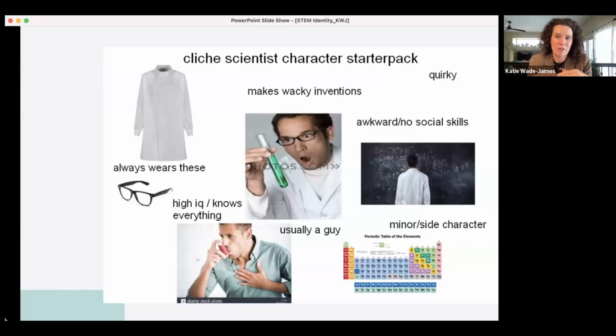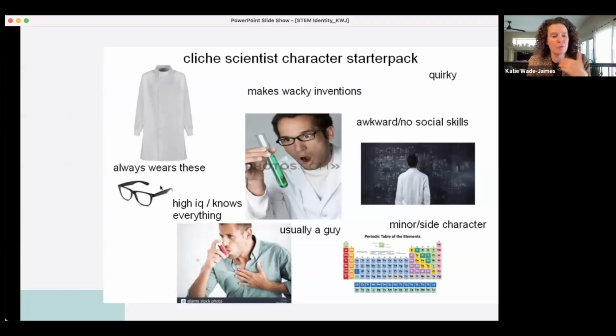Now, where we get in trouble here is I mentioned the idea that society defines this, right? So this isn't some kind of pure objective definition of what a scientist is. And I don't know if y'all remember these starter packs going around the internet. And so these are really just what are the discourses or the narratives around who can be recognized as a science person and who we recognize.